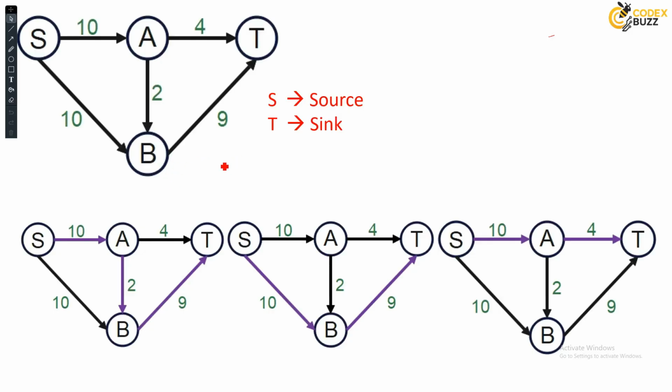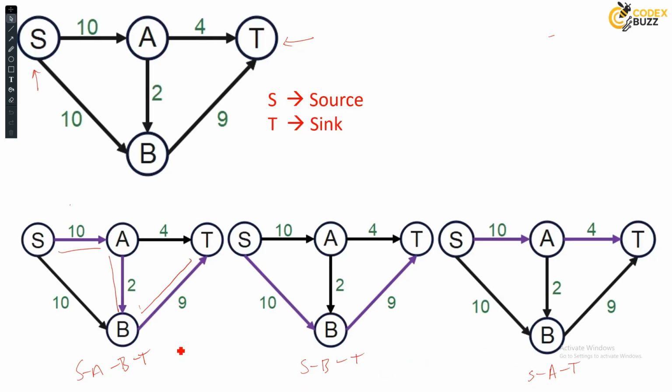So here you can see the directed graph with the weighted edges. यहाँ पे directed graph weighted edges दिया हुआ है. So this is the problem here. मैं यहाँ पे S को source जैसा ले रहा हूँ and T is the sink here. It means that S is the starting point and T is the end point. So to move from S to T हमारे पास ना different paths होते हैं. Like S to A to B and B to T is the first path, and S to B and B to T is the second path, and S to A and A to T is the third path. हमारे पास यहाँ पे 3 paths है.